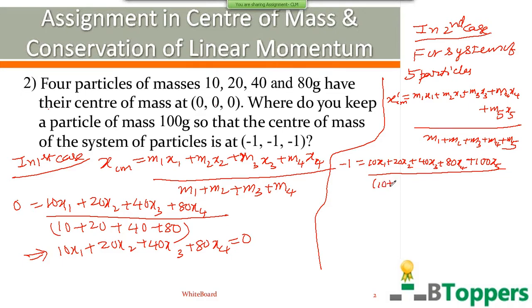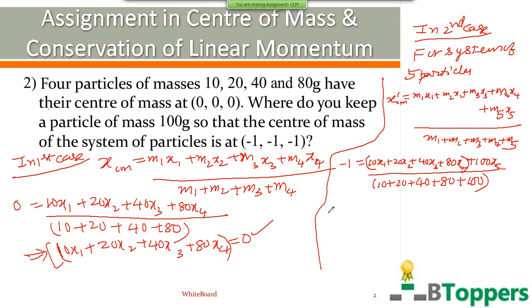So m1 plus m2 plus m3 plus m4 plus m5 becomes 10 plus 20 plus 40 plus 80 plus 100. Now on the right hand side, 10x1 plus 20x2 plus 40x3 plus 80x4 can be substituted as equal to 0 because the positions of the first 4 particles are not changed. The coordinates of the first 4 particles are the same. So you can substitute here 10x1 plus 20x2 plus 40x3 plus 80x4 equal to 0 on the right side